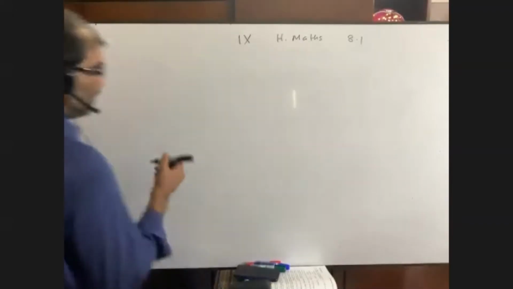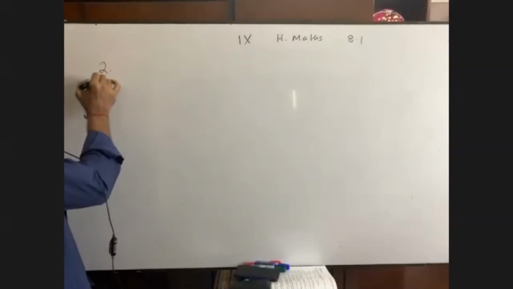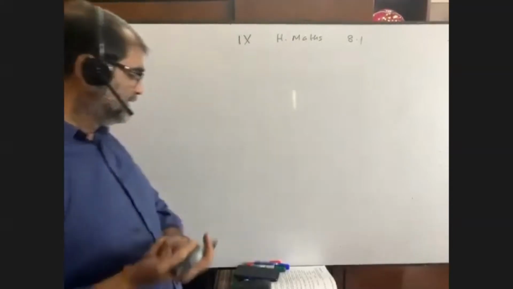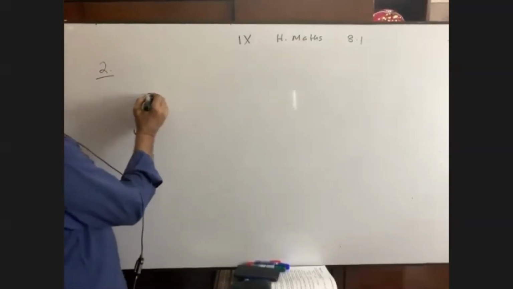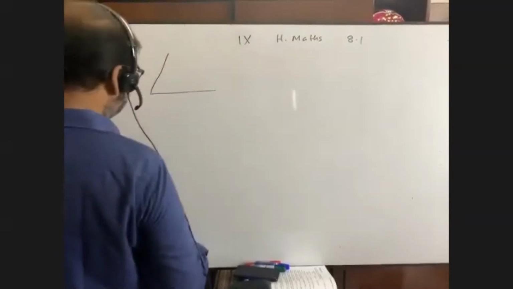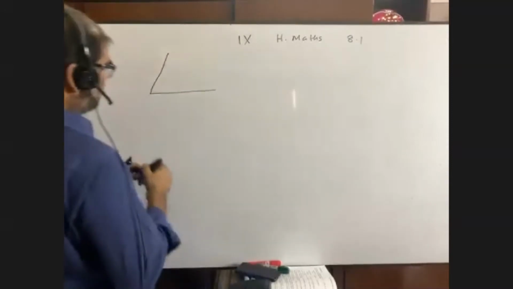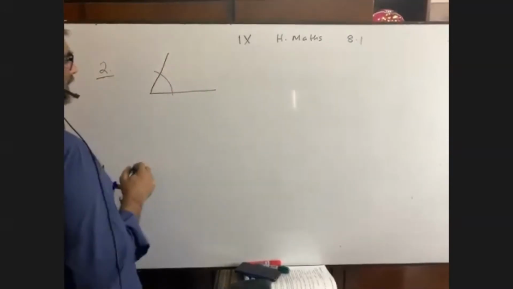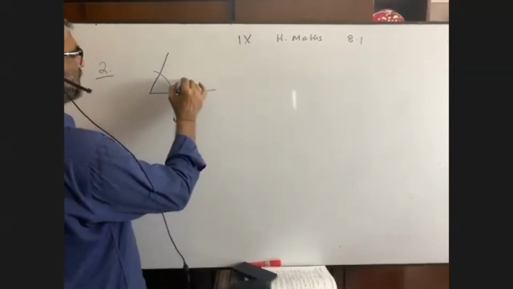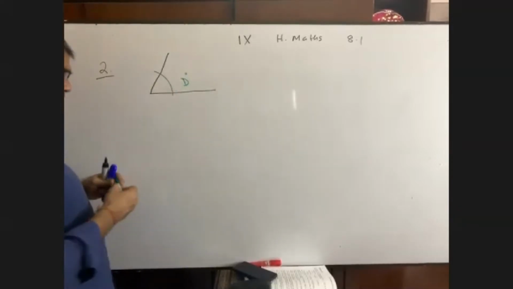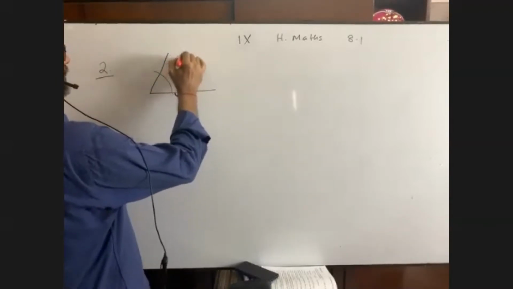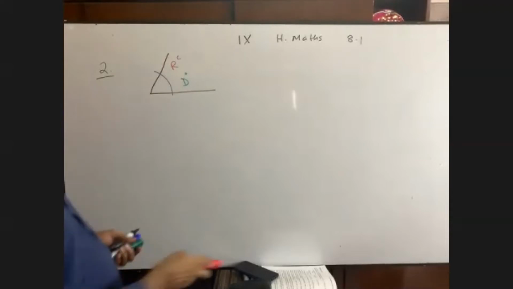Anyway, we are going to do question number 2. If we express an angle by d degree, suppose this is an angle. Okay, some of you are telling that it is d degree. Very good, not a matter. And some other is telling no, it is r radian. Is it possible? Yes, it is possible.